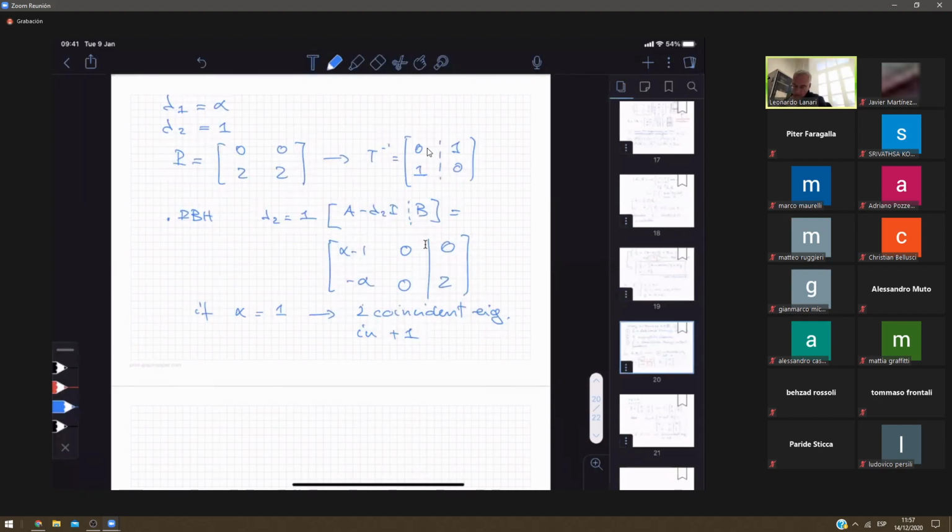Since the PBH test for lambda equal 1 is not verified, we have